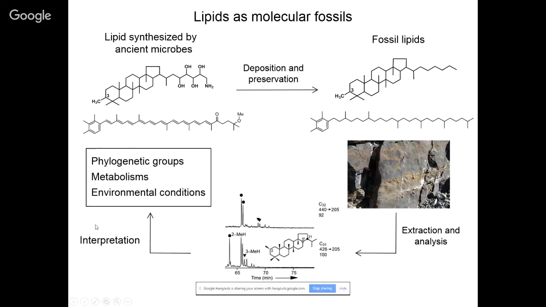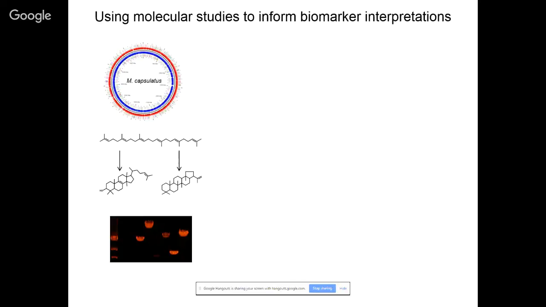Okay, and so where we come in this aspect of biomarker work is that we want to really help to bolster interpretations and make interpretations more robust. And so how do we do that? We're a molecular microbiology lab, so we focus on looking at these molecules in cultured organisms. And what typically we've been focusing on is trying to identify the genes that are required for the biosynthesis. And we typically do this by going into a genome and doing some bioinformatics and looking for potential candidates.